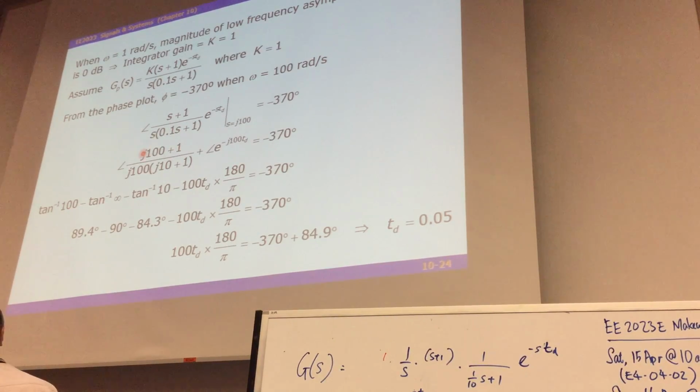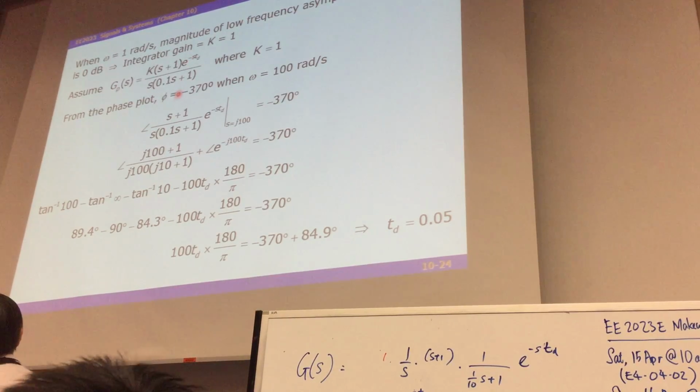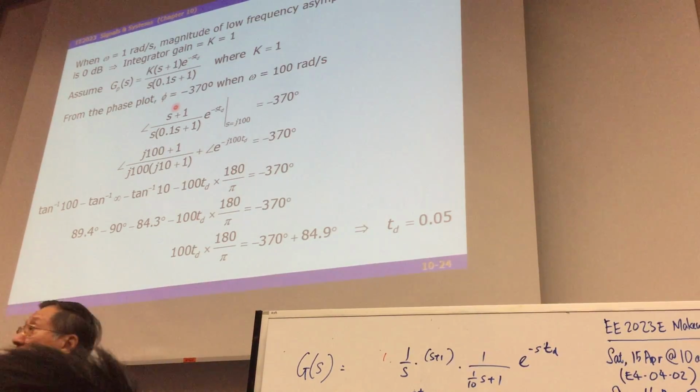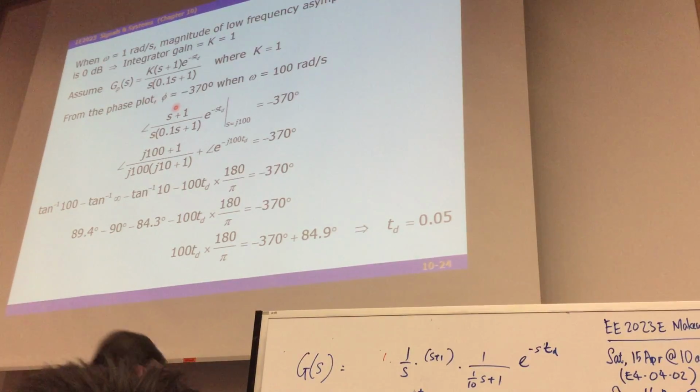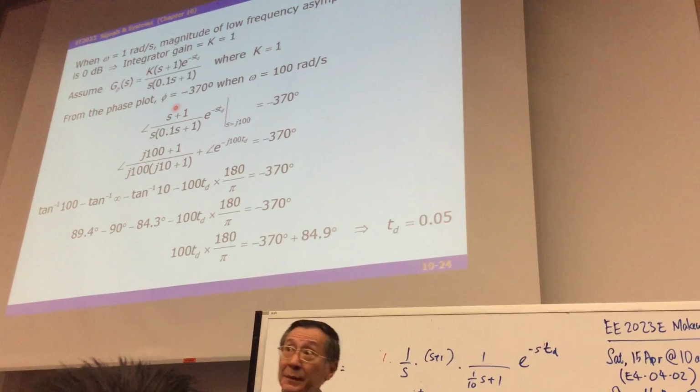Where? His phase plus this one is the same one. Yeah, because you're looking at phase. Again, complex numbers. Complex numbers are